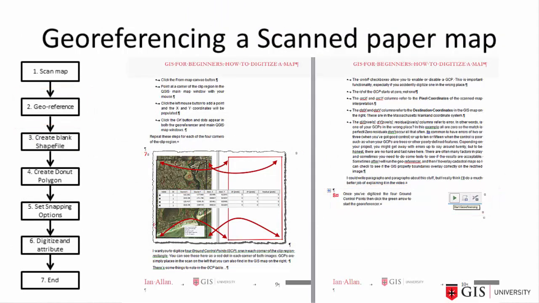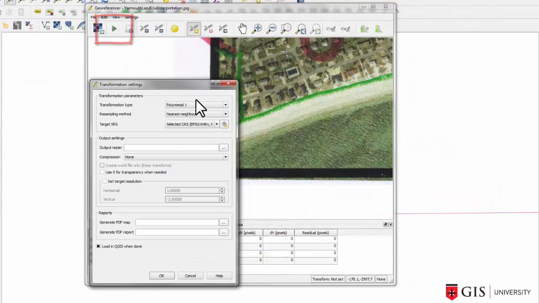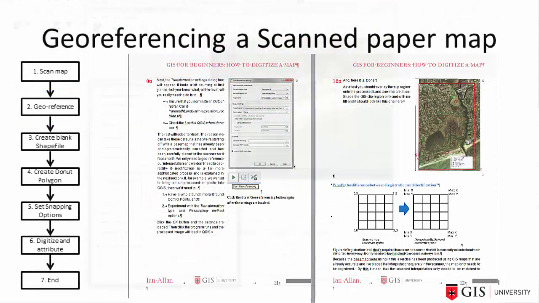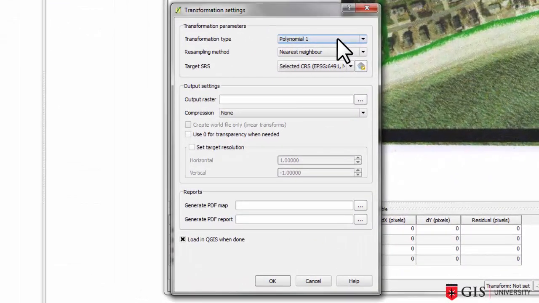Step 8. Now click on the green arrow button to start the Georeferencer. Step 9. The first thing that comes up is a message that says, please set the transformation type. The transformation settings dialog box looks a bit tricky, and to be honest, it actually sort of is. That's because the options in this box allow you to customize your transformation type to the level of distortion within your scan. However, for our purposes today, all I want you to do is to set the transformation type to be polynomial 1,